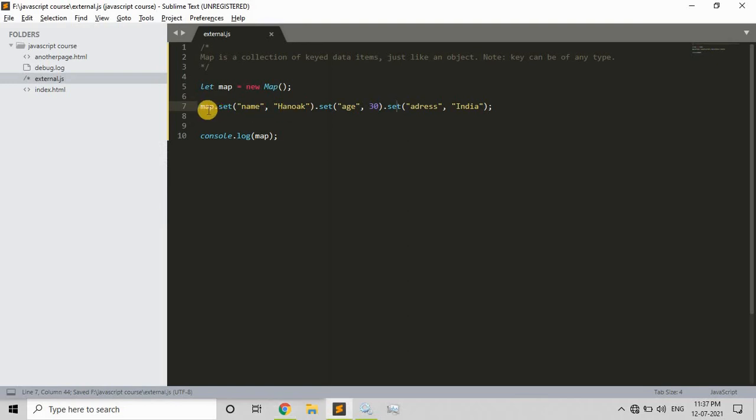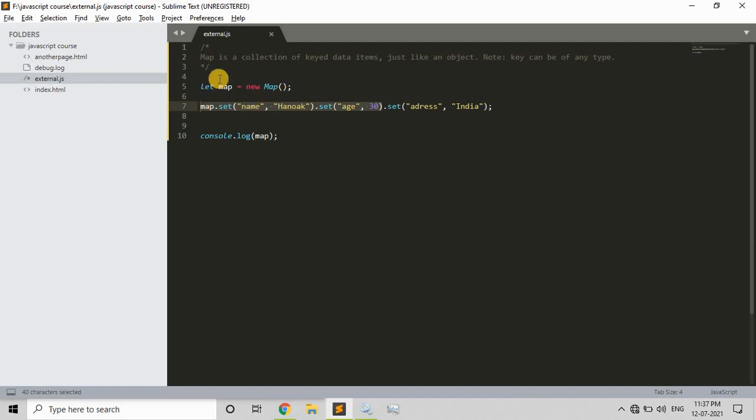The reason is that the moment I say map.set and give those key value pairs, it returns the map itself. So this is a map, and for that map we are adding another element, and again this returns the map itself, and for this map we add another element.